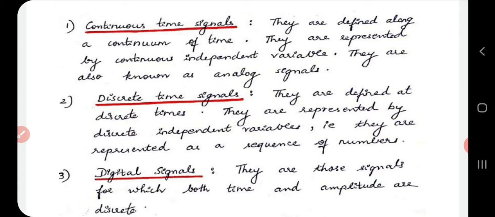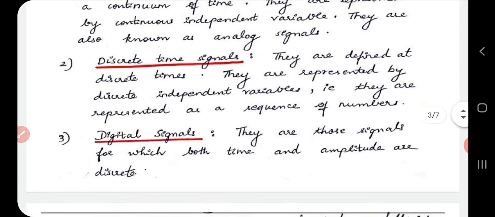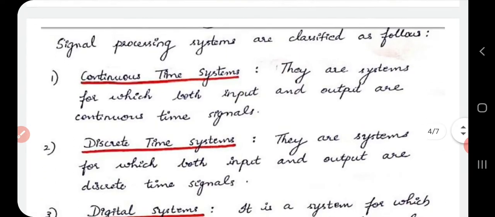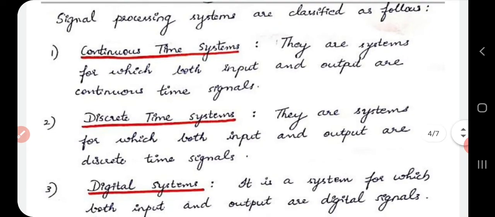So the main highlight is a discrete time signal is represented as a sequence of numbers. Just remember that: discrete time signals are represented as a sequence of numbers. We'll see discrete time signals in detail today itself. Now about digital signals, they are those signals for which both time and amplitude are discrete. So we have seen three different types of signals, and in order to process these three different types of signals,